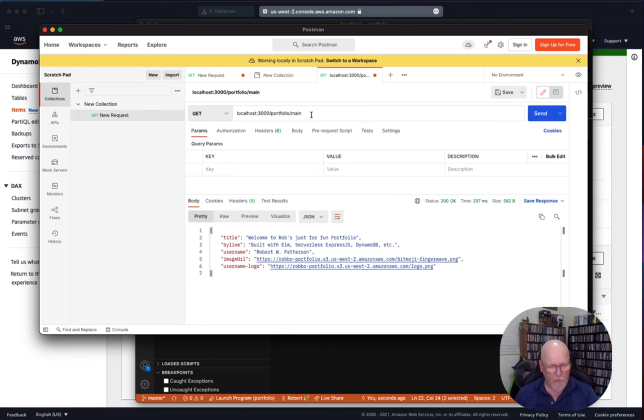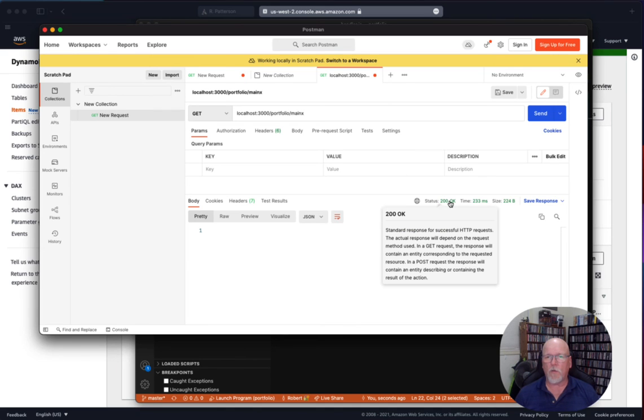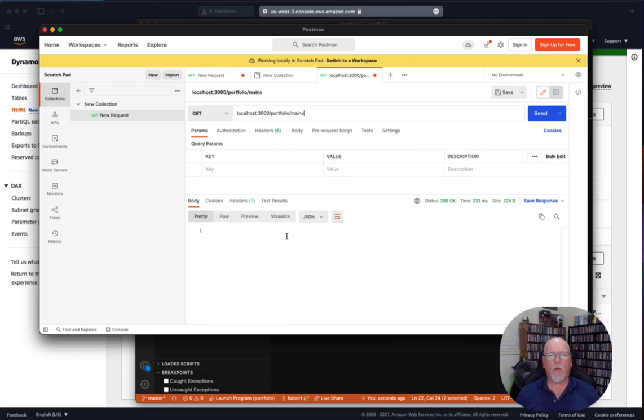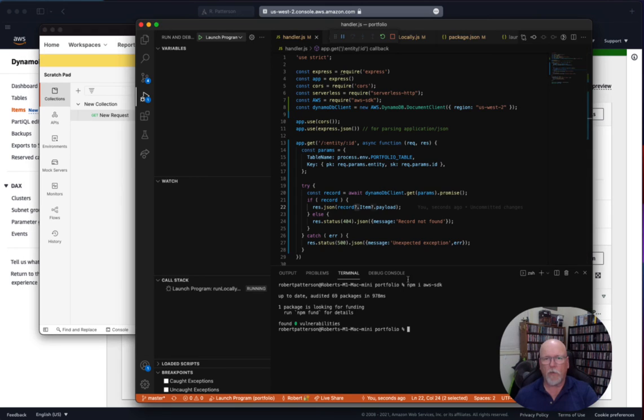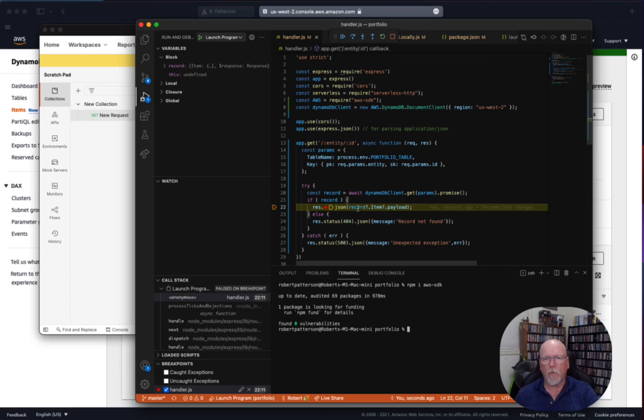Now, what if we made a mistake, had a typo? In that case, oh, actually, I'm surprised. Actually, it returned a 200. Yeah, I'm actually quite surprised. I thought that it actually returned a record of undefined, but I bet you it actually returns item is undefined. So I'm going to put a breakpoint here and do it again. And we're just going to hover over. So record's actually defined, but the item